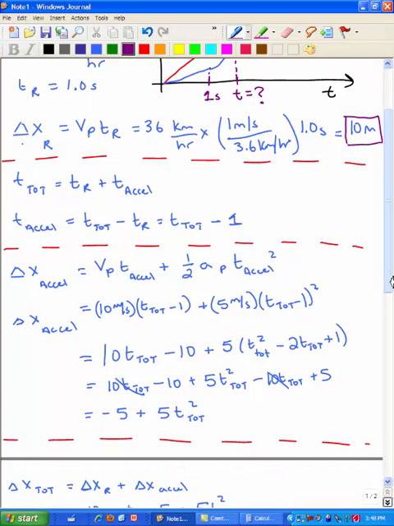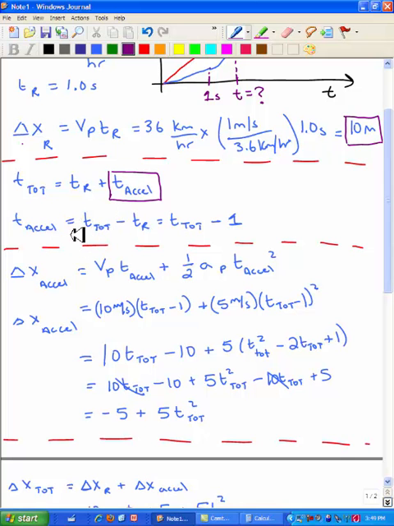The total time that the police officer travels is the reaction time plus the time that he is accelerating. We are looking for the total time, therefore we need to solve this equation for the time that he is accelerating. We do this simply by rearranging this equation